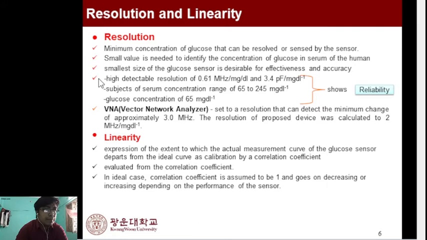The third point is that in the resolution we take a high detectable resolution